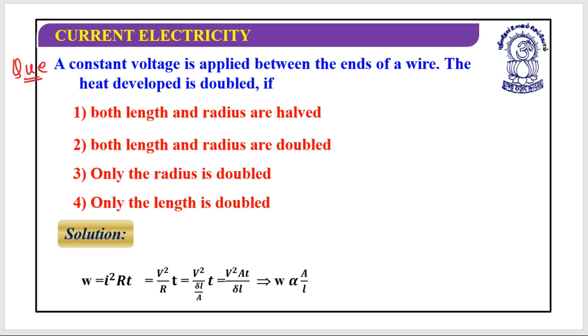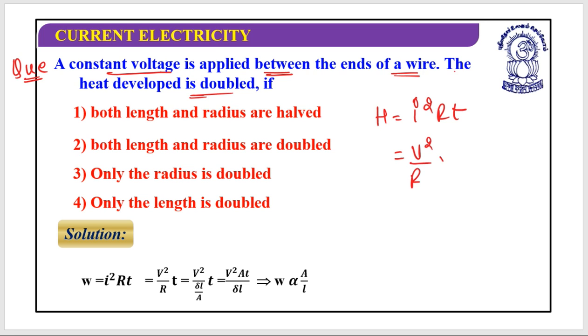A question is: a constant voltage is applied between the ends of a wire. The heat developed is doubled if... okay, great. So the voltage is constant, as they have provided, and now they want to double the heat. So what I understand is that H is equal to I squared R T, and I can write it like this,